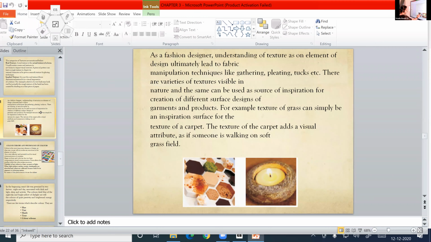And this picture is of a texture in paper design. It is the texture used in a product, a candle, you can see. There is a texture, it is not clear, right? This is the picture from your textbook, and I think it is not clear when it came to the large screen. Okay. And as a fashion designer, understanding of texture as an element of design ultimately leads to fabric manipulation